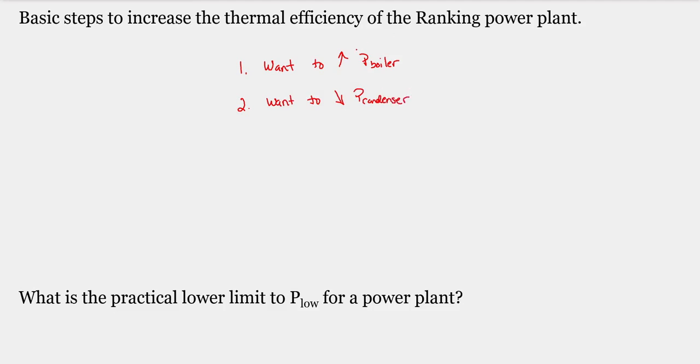Okay, as you increase the operating pressure of the boiler, you're going to increase the temperature, which is what we're trying to do from a thermodynamic analysis standpoint. So what limits you? These are two questions that I want you to think about. There are practical limits associated with increasing the pressure of the boiler and decreasing the pressure of the condenser. One is a little bit more intuitive than the other. So what I want you to think about before